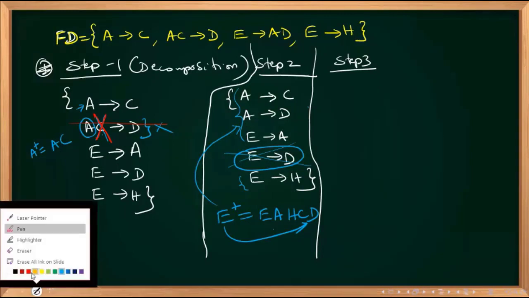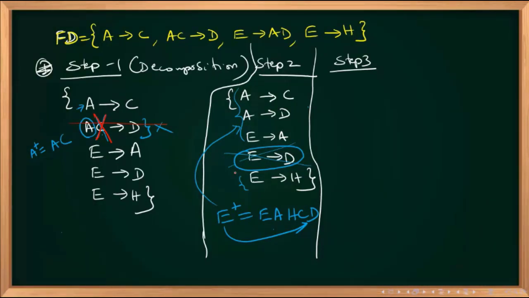The blue color was not permanent. Now I understood that I have removed E to D. And if I take the E closure in the remaining ones, it is there. So E to D is a member even if it is removed. E to D is a silent member in that one. So I have removed it.